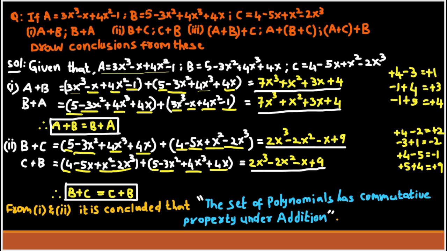Here the commutative property is nothing but a plus b equals b plus a, or b plus c equals c plus b. Let's solve the third part of the question, which is (a plus b) plus c. Here a and b are added first, then the sum is added to c. So here the a polynomial is added to the b polynomial, which results